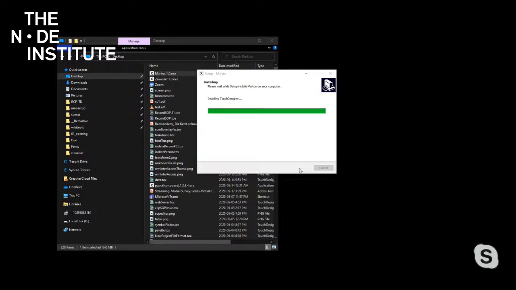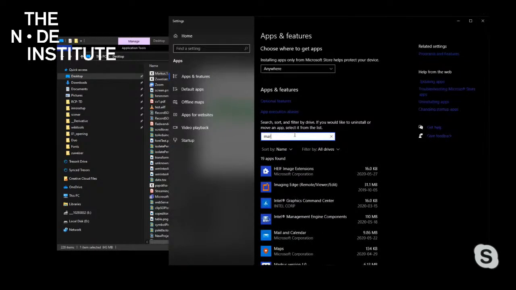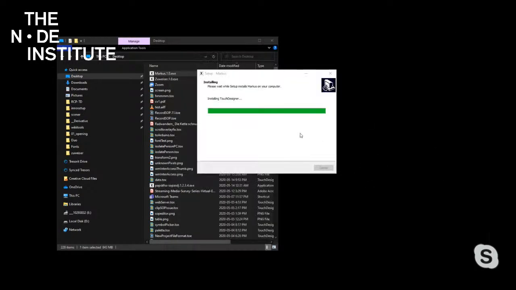And on the back end, what you get is the same icons on your desktop. We'll have more options for that. You get the same thing in your apps and features list. I guess I called it Marcus. So it shows up as an application that you can remove from here. And it's still installing TouchDesigner. Otherwise, it shows up in your start menu, which you can't see right now since I'm not sharing that screen. And from that, you can just start it then.